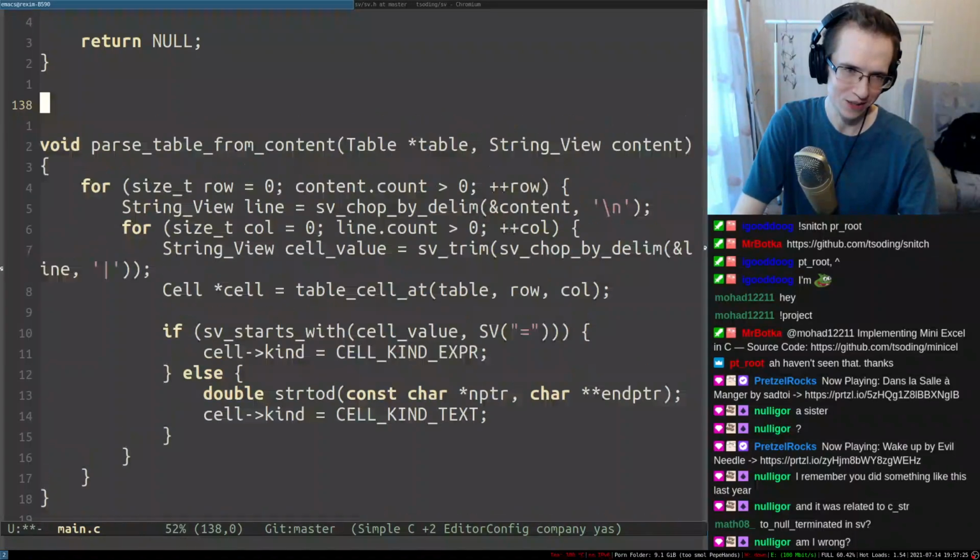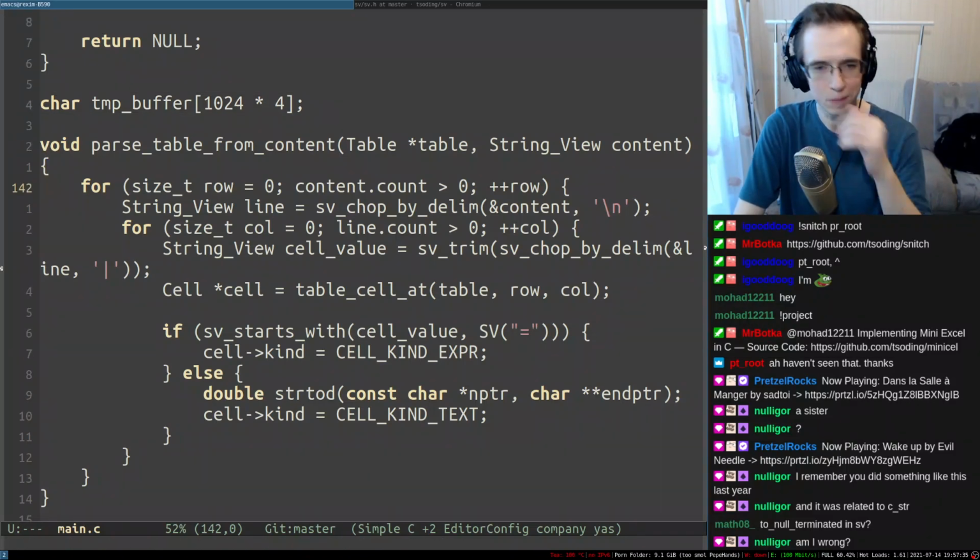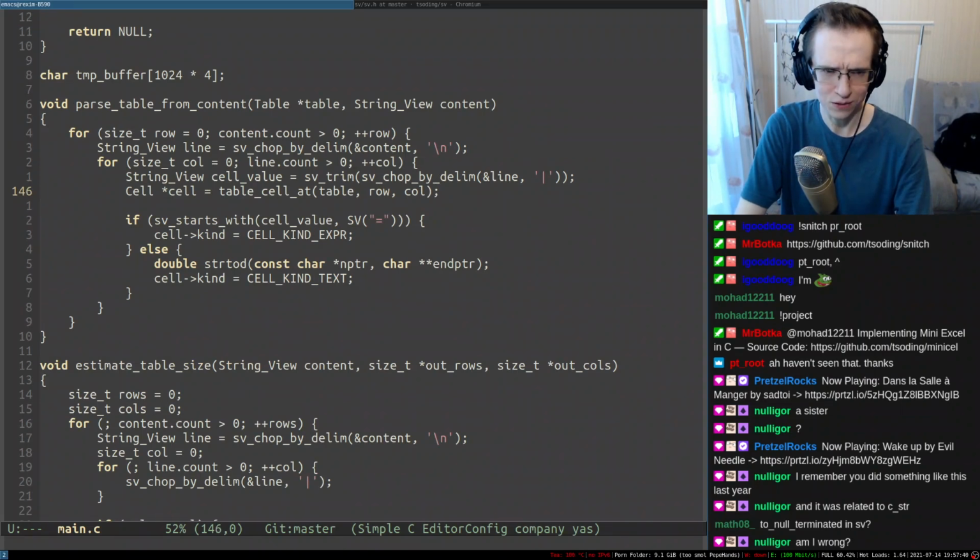So maybe we're just going to have a global TMP buffer with a size of a couple of kilobytes. I really don't want to spend too much time on doing that. Right. So, the way we're going to do that is